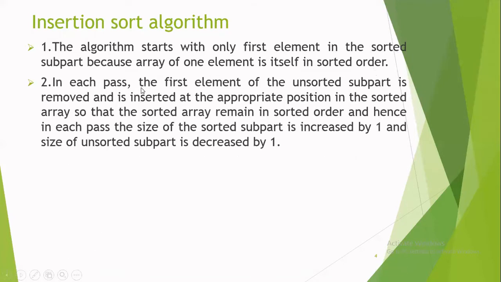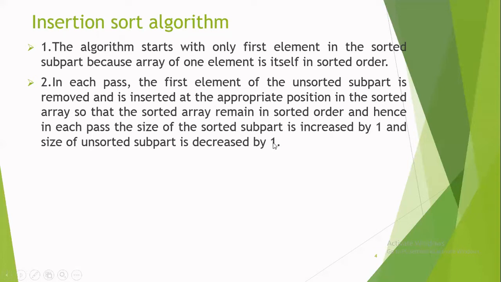Next, in each pass, the first element of the unsorted subpart is removed and is inserted at the appropriate position in the sorted array so that the sorted array remains in sorted order, and hence